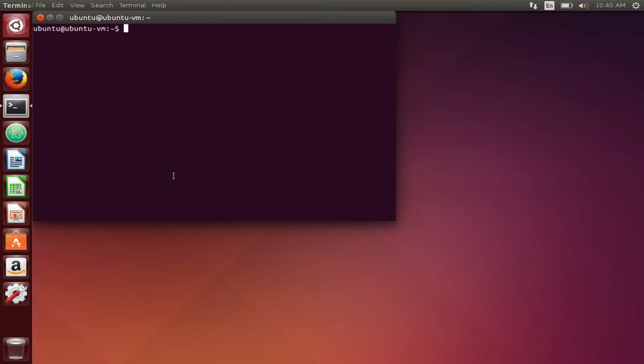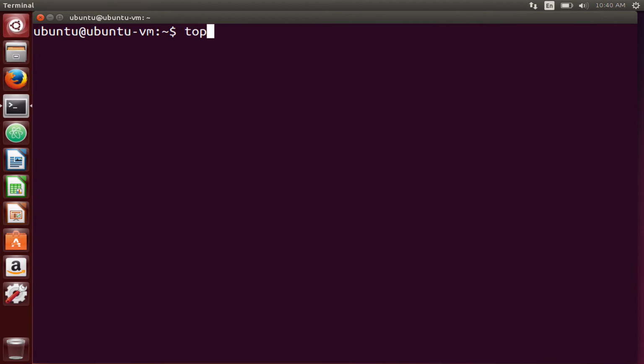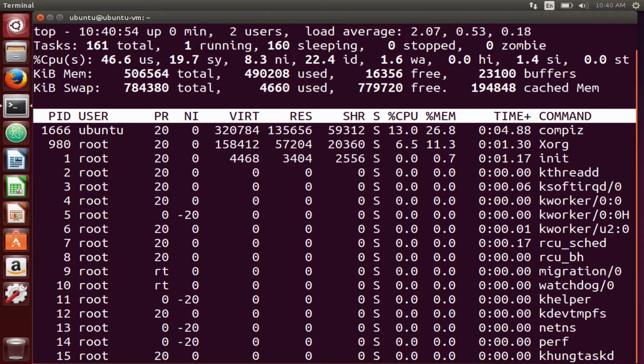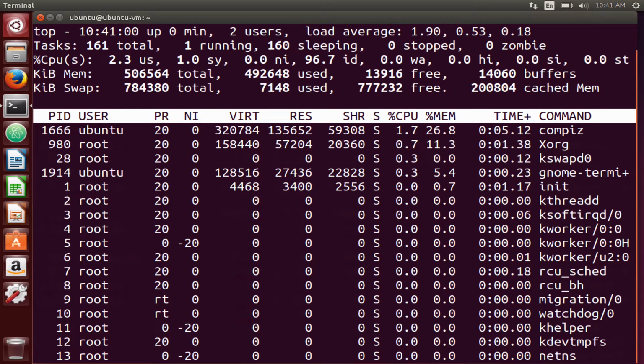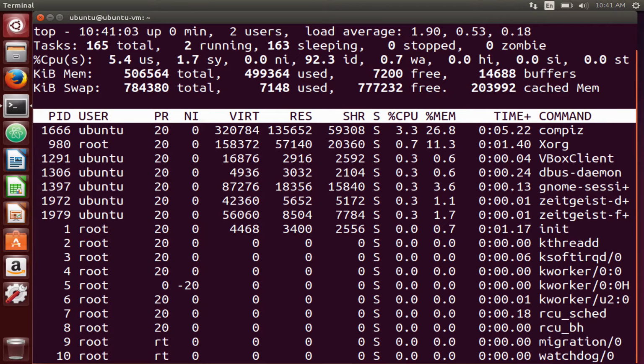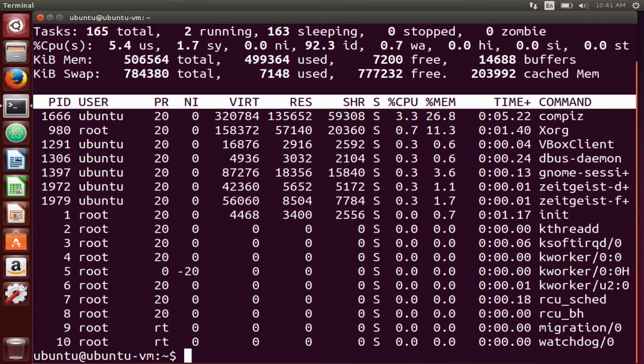So something that cannot be launched is here. Yeah, you cannot see it. Okay, so this column has some numbers. What is Ubuntu? Ubuntu is our login account. The account that you log in is called Ubuntu. So you are the normal user, so the normal priority. Ni is the nice value. This is dynamic priority.